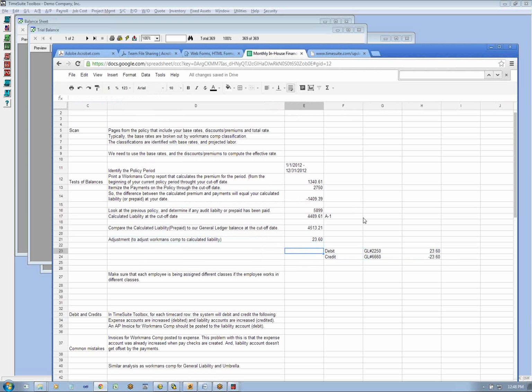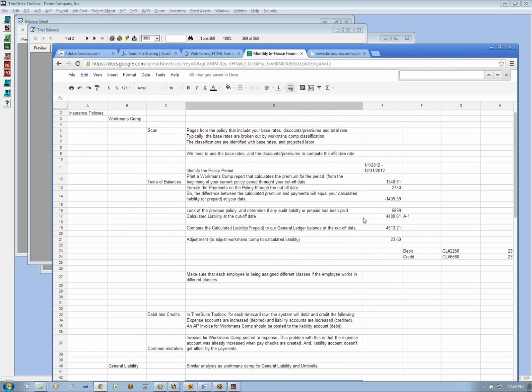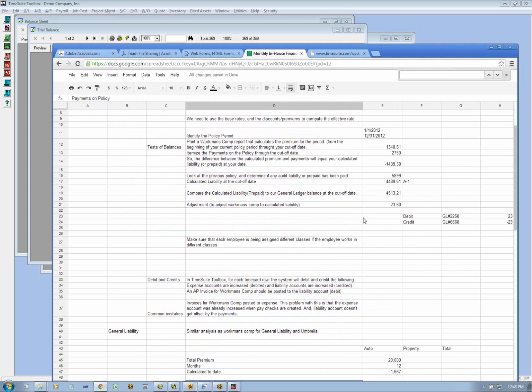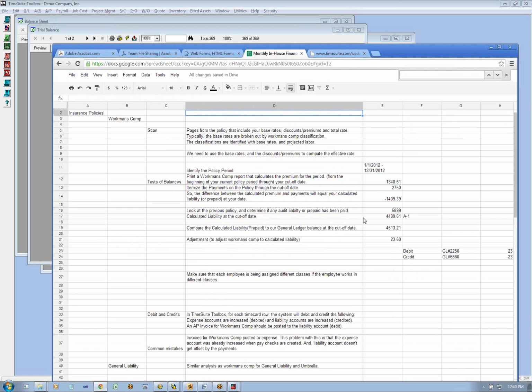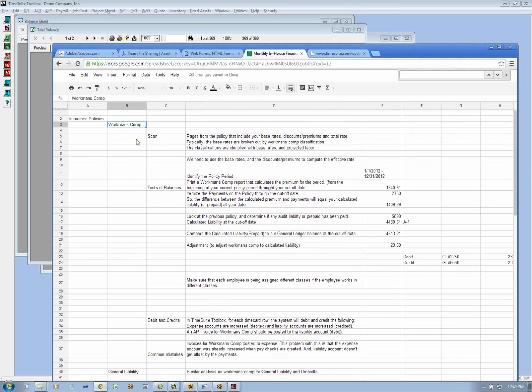And then this is our support. Somebody says, what was your liability? You'll see this on your balance sheet 3 months from now, and you say, well, was that right? And you'll say, yeah, well, we did this, so this is our analysis. So you can print this out and show it to them and support your work, support your conclusion that your financial statements are reasonable and accurate. Any questions on the workman's comp concepts and insurance concepts?